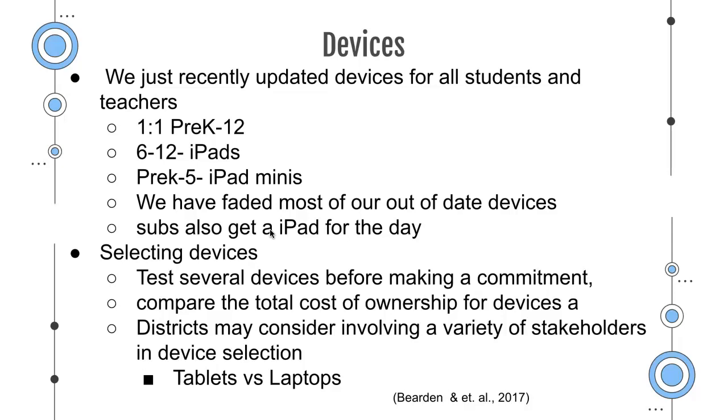Selecting devices, they talked about in our research, making sure that you're testing devices before making a commitment, comparing the total cost of ownership, and also making sure that you have a variety of stakeholders, hence why we have the committee on device selection. So tablets, are we going to just specifically have them all working on tablets? Or are we going to have them working on laptops? What is the end result, and why are we using these devices, and how are we best going to reach